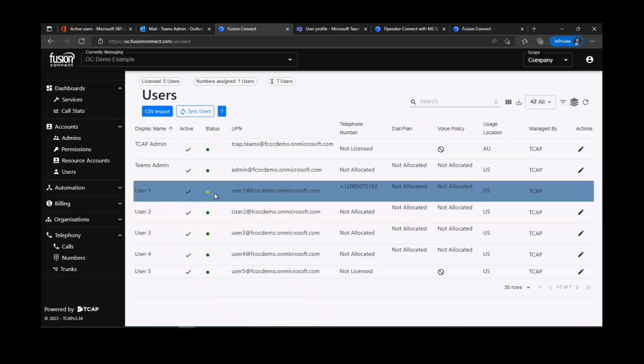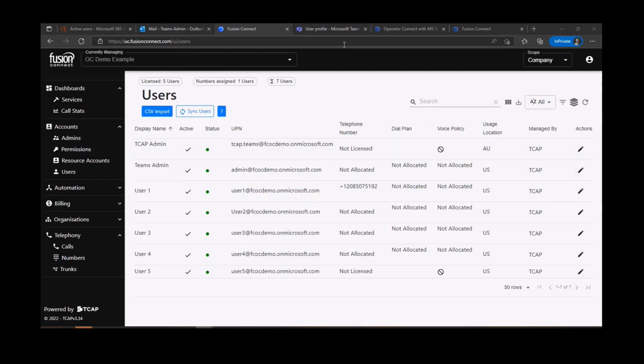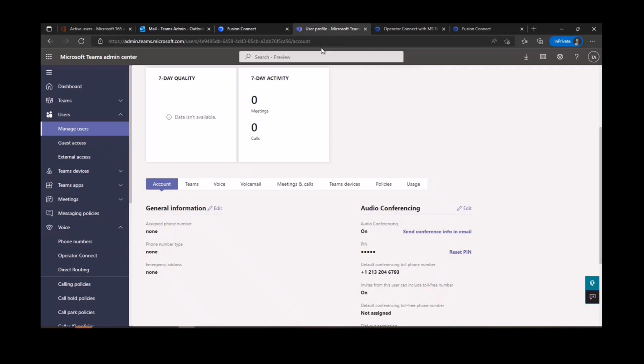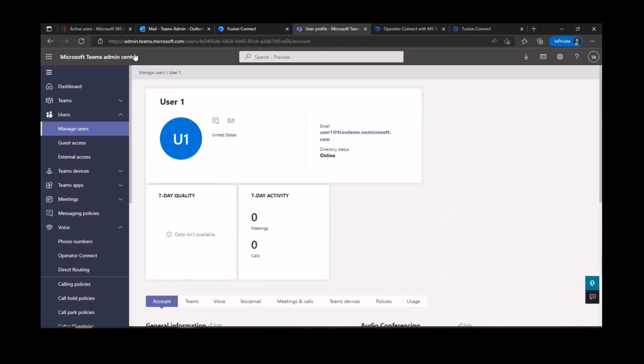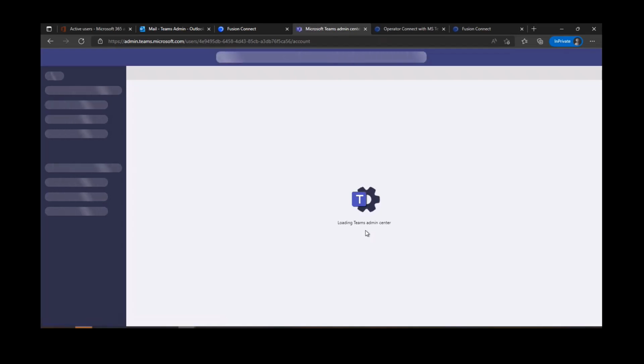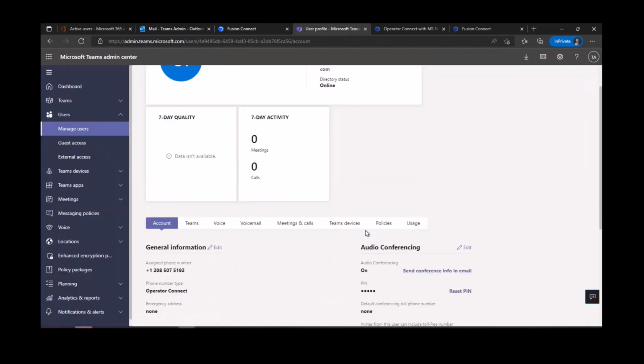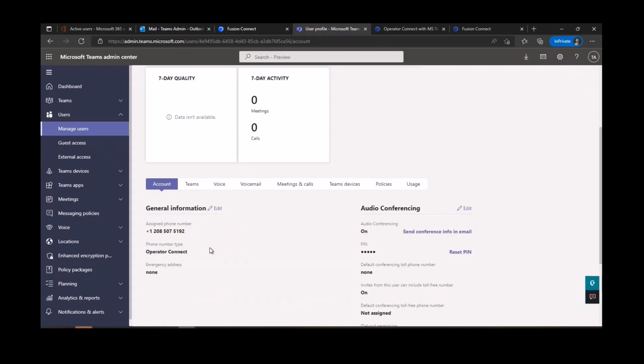When we return back to the users menu, you'll see the status of this is updating, and all that information will be pushing up towards Microsoft. When the status indicator shows green, it means the change to the user's Teams profile has been completed. So let's go back and confirm that that number ending in 192 has indeed been assigned to our user 1. We'll just go ahead and refresh this page. And we can see there that number has indeed been assigned, and that user can now make and receive phone